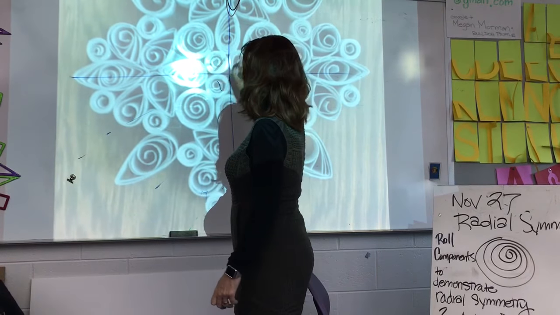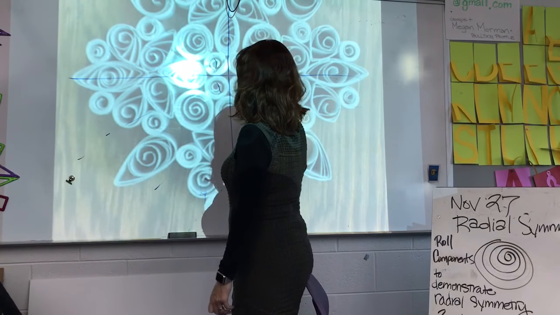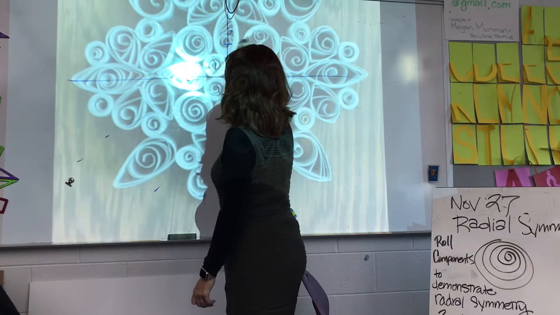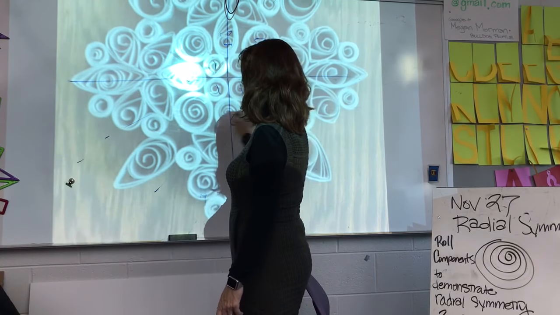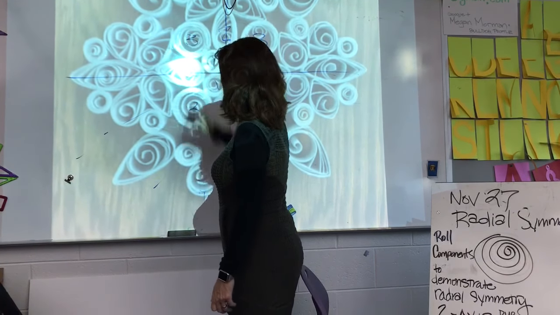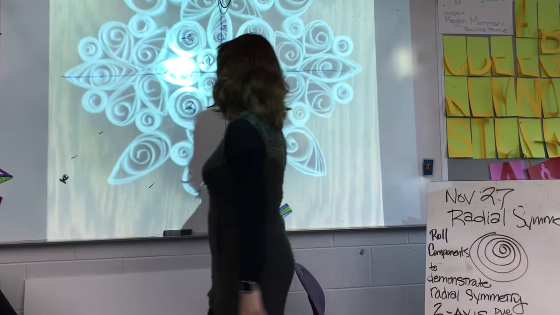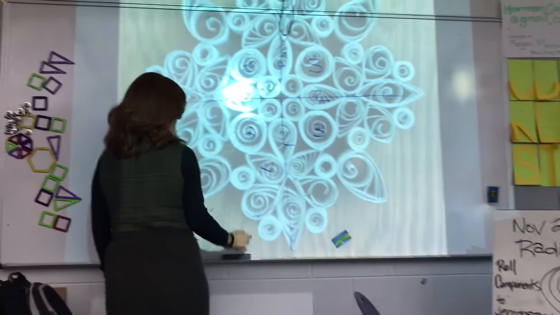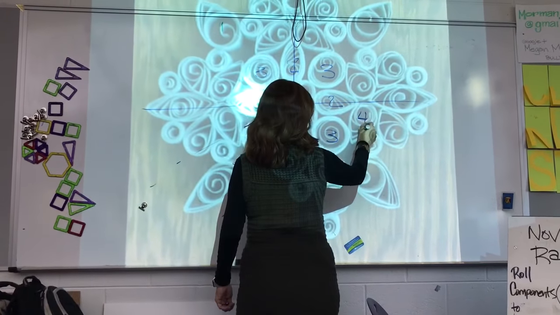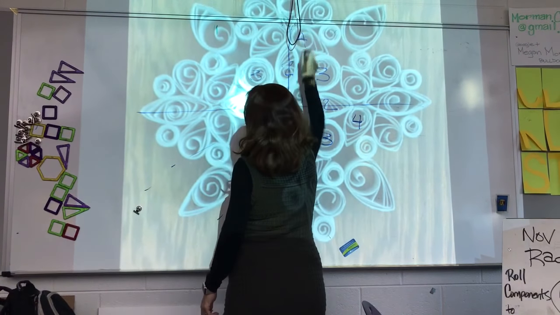So here we have 1, 1, 1, 1, 2, 2, 2, 2, 3, 3, 3, 3. And those are the elements that are going on. This is your 4th element, which will end up happening 4, 4,